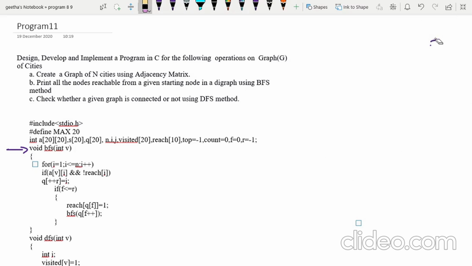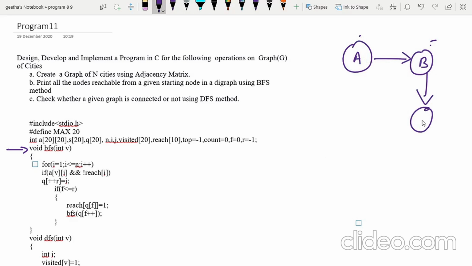Next, coming to the next one: check whether a given graph is connected or not using DFS method. Here you have to tell whether the graph is connected or not. Suppose you have a graph like this, again I am considering a directed graph, a digraph.